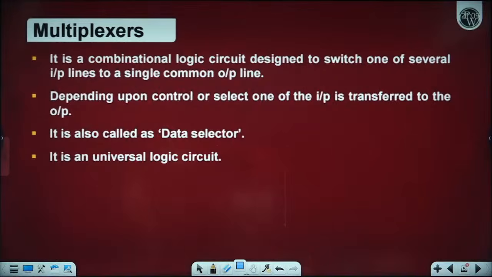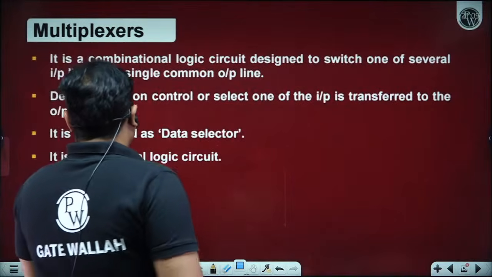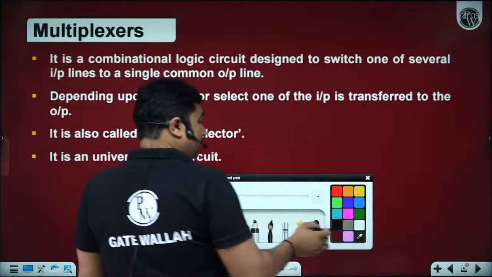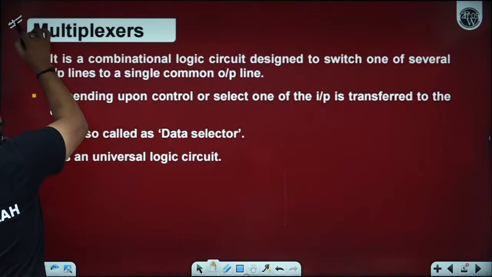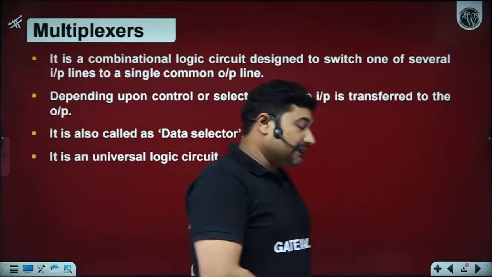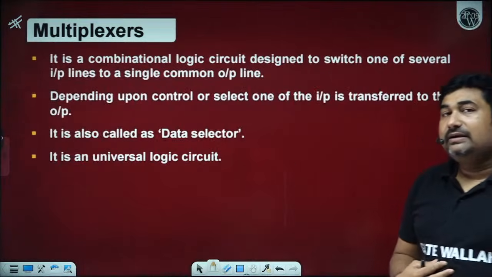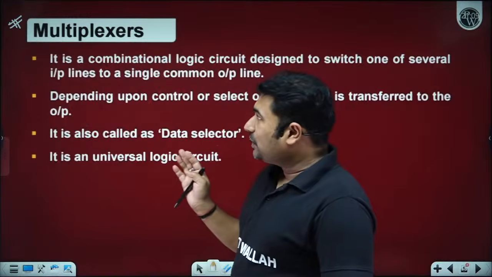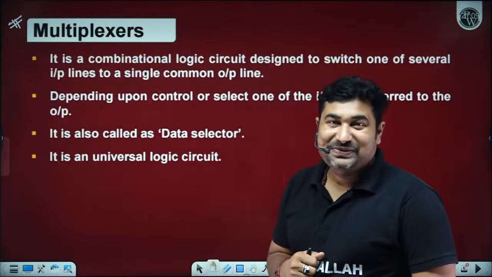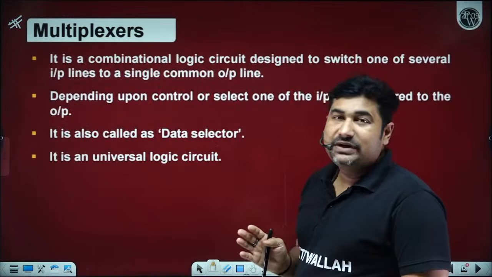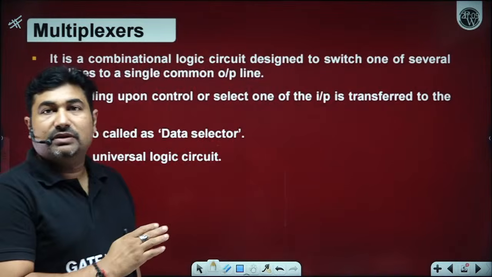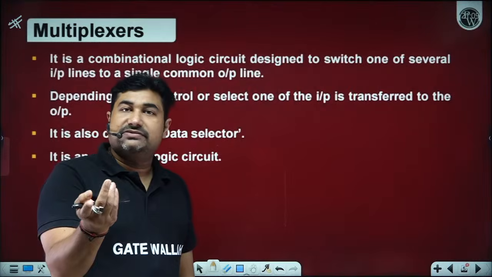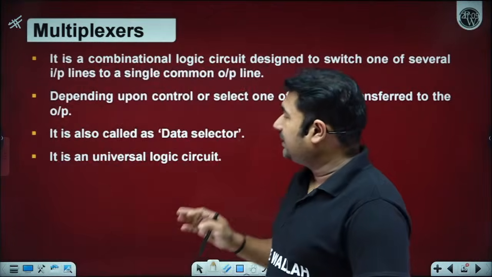Audio video perfect. Great. So now please observe, first of all, combinational circuits, and in combinational circuits we are talking about multiplexer. So what is so important about multiplexer? Multiplexer is a combinational logic circuit. I am moving a little bit faster. The notes will be provided on your Telegram, that is Varun Sir PW. Okay, so I am moving a little bit faster.